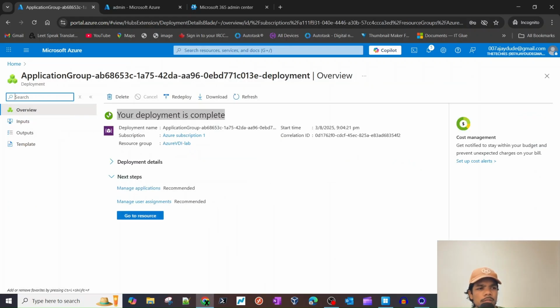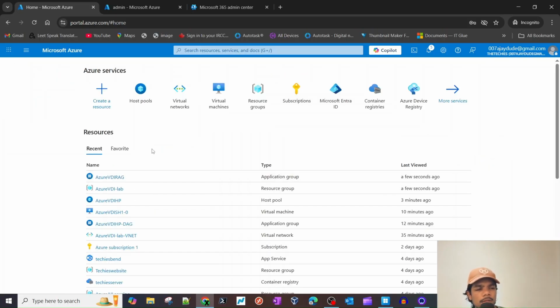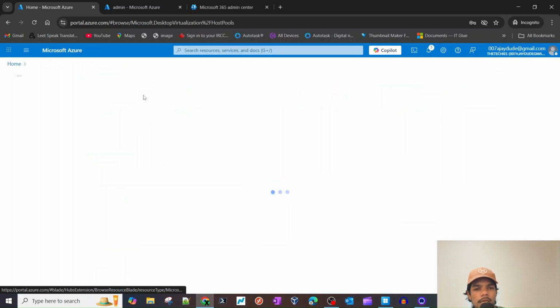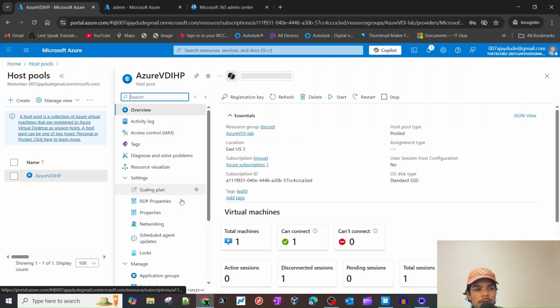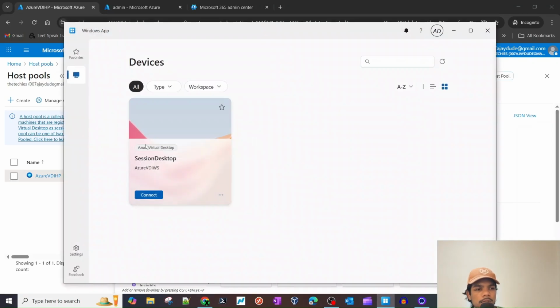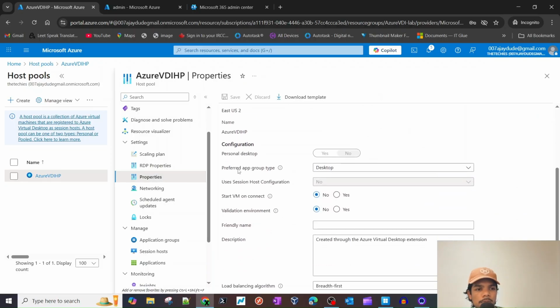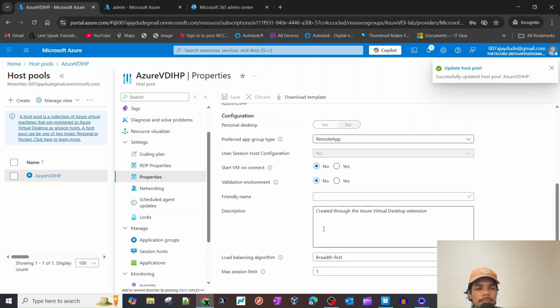Now all we gotta do is toggle an option that will flip users' access. It used to be that Microsoft would let us publish both the server itself and the apps on it to the user, but now you can have either or. You can either have the server itself or the apps. So that's what we'll have to do. We'll go to properties and toggle preferred app group type from desktop to remote app and hit save. And what this is gonna do is